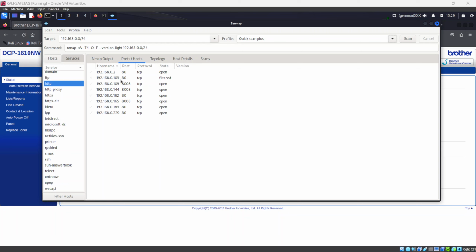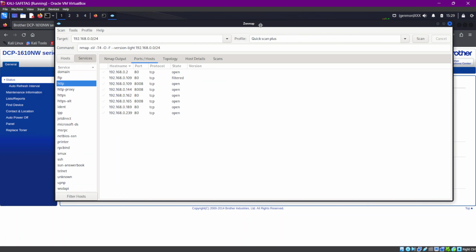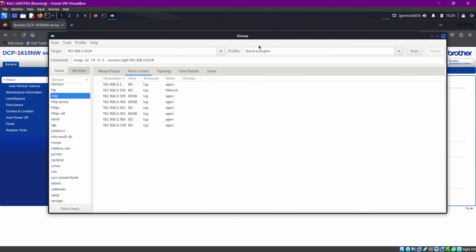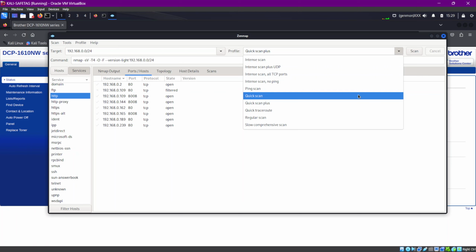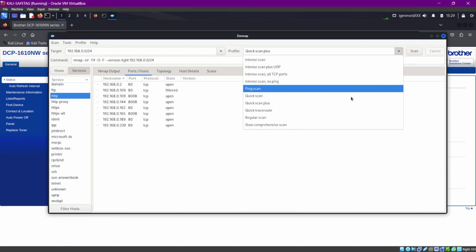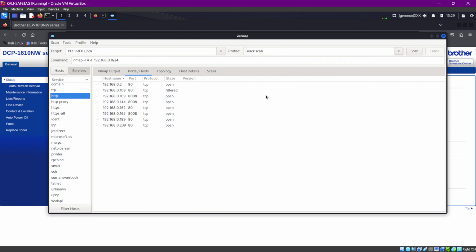One way to understand in an easier way how to build a more advanced or more complete scan for Nmap and Zenmap in this case is to play around with the way all of these scan types or profiles are built. One way to do it is, for instance, if I have the quick scan one, I can just click